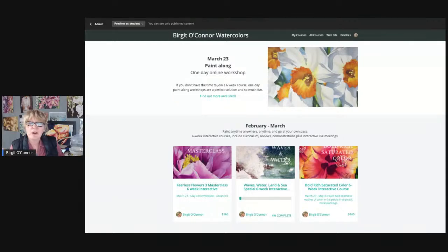Now, hopefully the internet's behaving, I'll show you how to get to this in case you did not get the email. This is our big, bold, saturated color. We have 4 different designs in this, and what we're trying to do again is get your color intensity up, work with large shapes, giving you the techniques that I did when I had my largest,